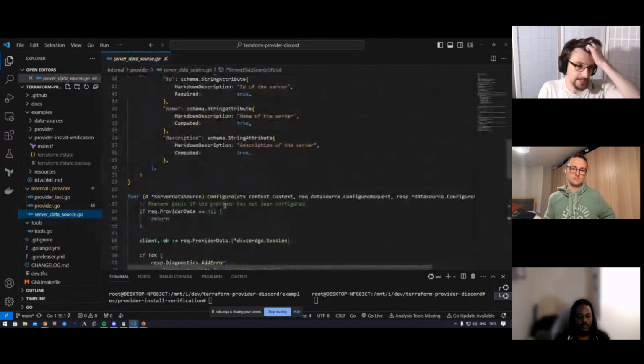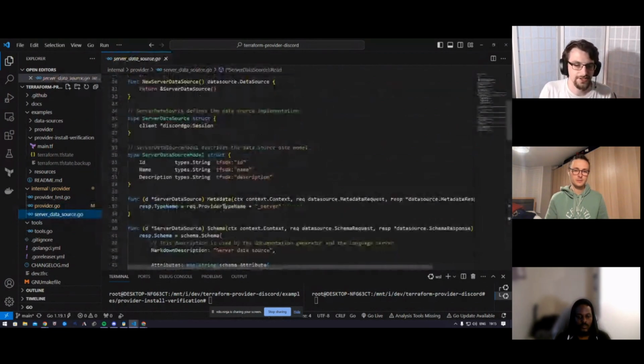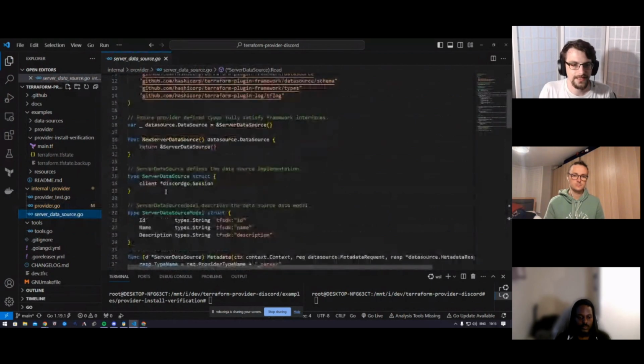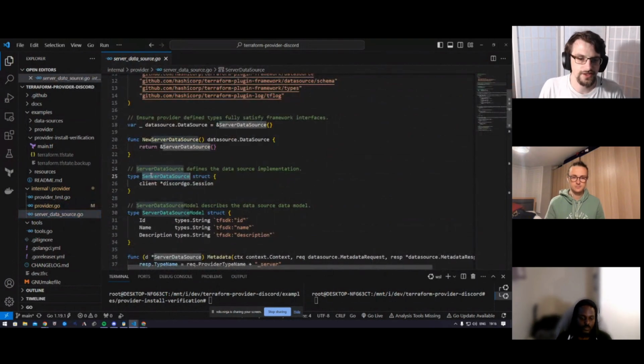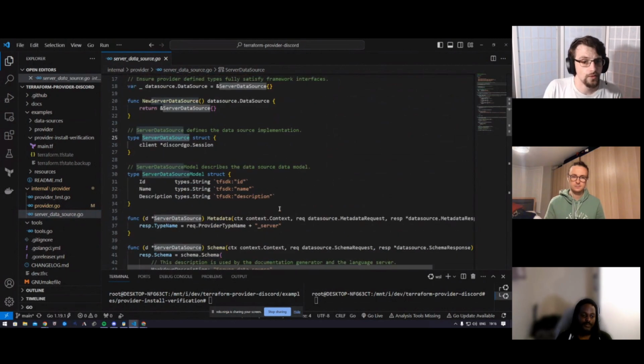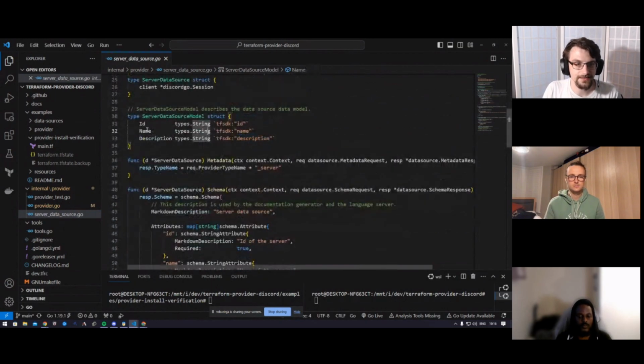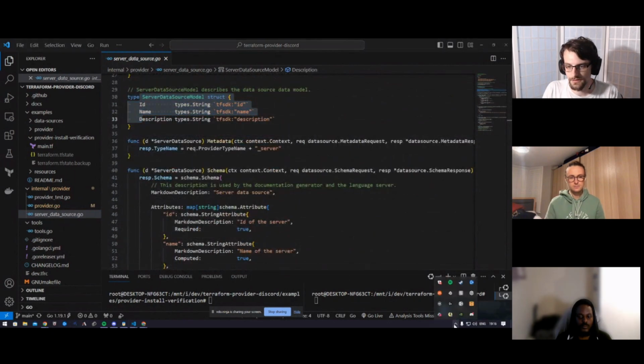So the way I tested this is a very simple resource. I just wanted to get the server. So this is just getting the server data for the server we're creating. So obviously servers have a lot of information. All I'm caring about at the moment is server ID, server name, server description. So this is the kind of Terraform structure. And then, I should probably close Steam so people don't see if people play games. And